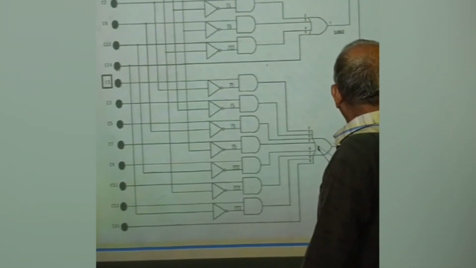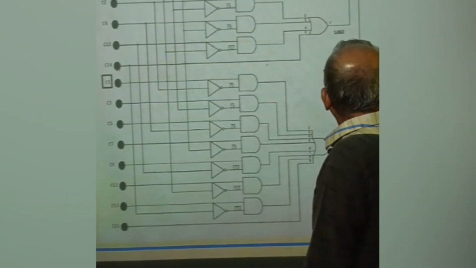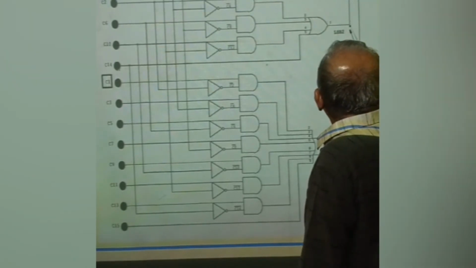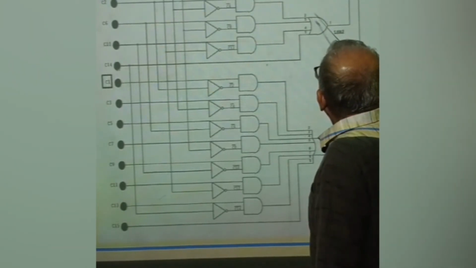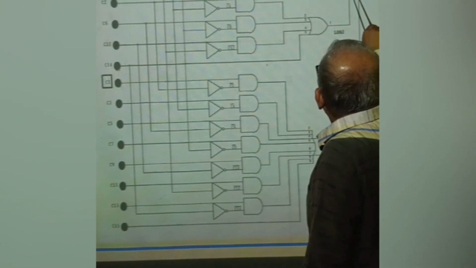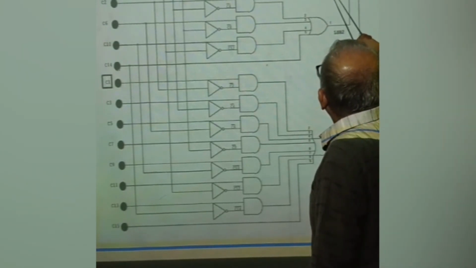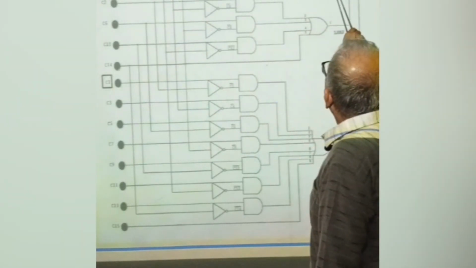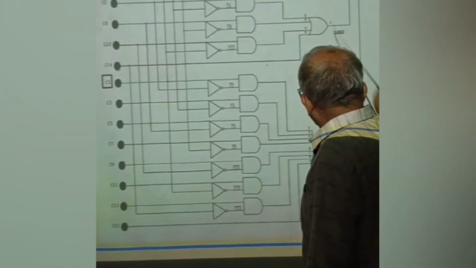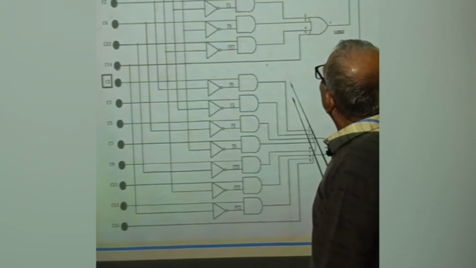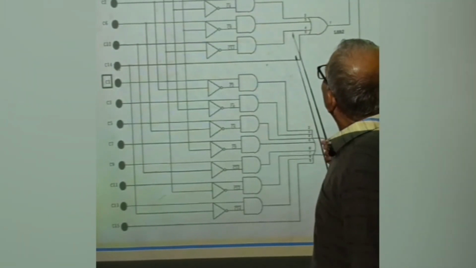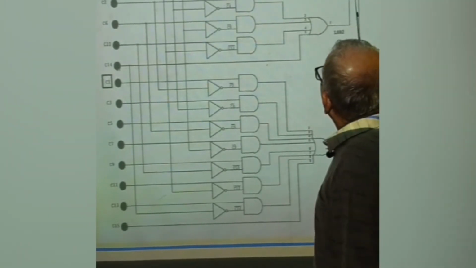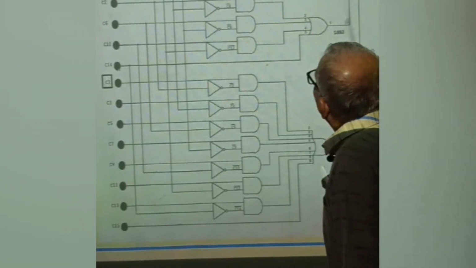For LSB1 you need this huge gate because 8 inputs are there. For LSB2 we need smaller. For LSB3 still smaller circuitry, and C8 output is directly given to the MSB. So this gigantic circuit is just given for an example how difficult it becomes as you increase the number of